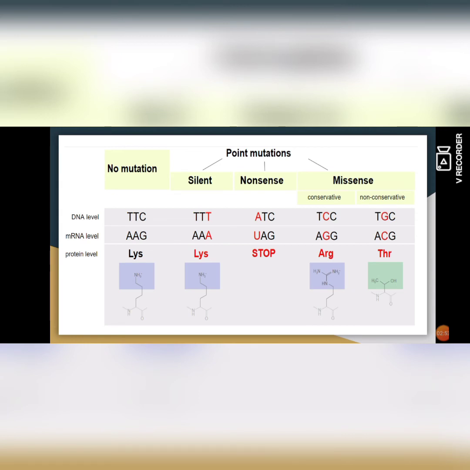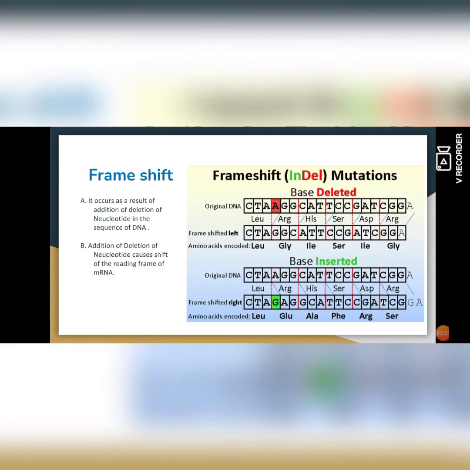The phenotypic effect of point mutation. Silent mutation. Mutation in which the mutated codon codes the same amino acid as the original codon. Missense. The mutated codon codes a different amino acid, so the protein form is also altered. Nonsense. Mutation in which the altered codon is a stop codon or termination codon. It causes incomplete synthesis. Such incomplete protein is always non-functional.